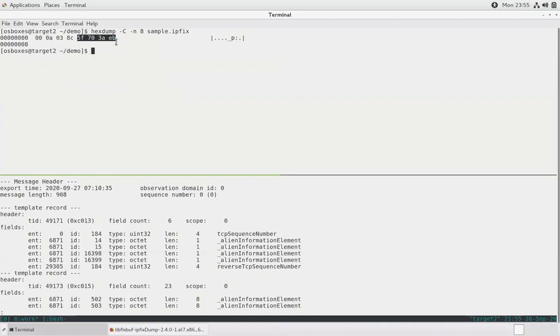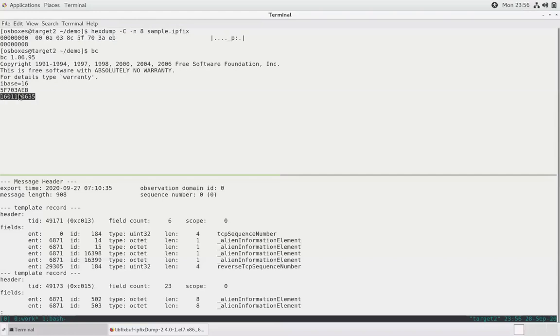These are in hexadecimal and they are a little longer, so we'll take help from our calculator. We'll first set its input base to 16, and then we'll ask it to give us the value in decimal. So the value, it's a big number. This is equal to seconds since epoch.